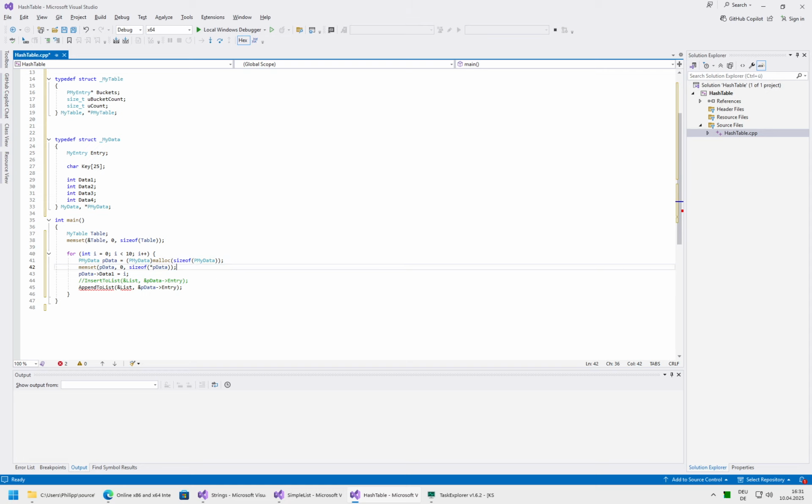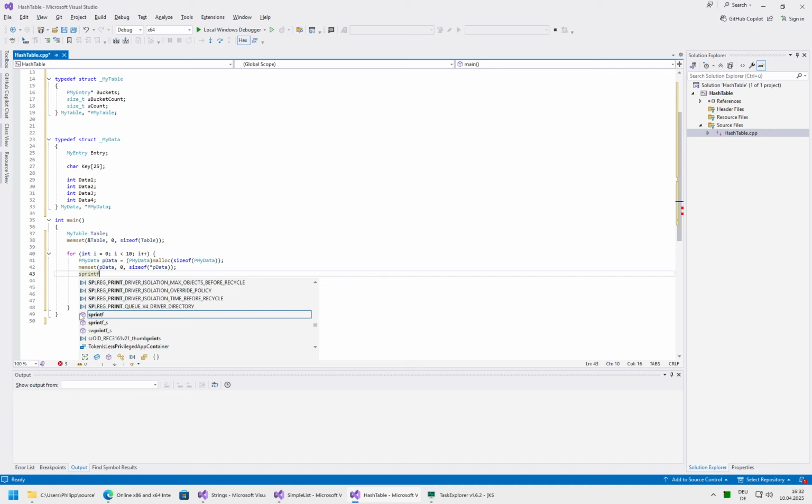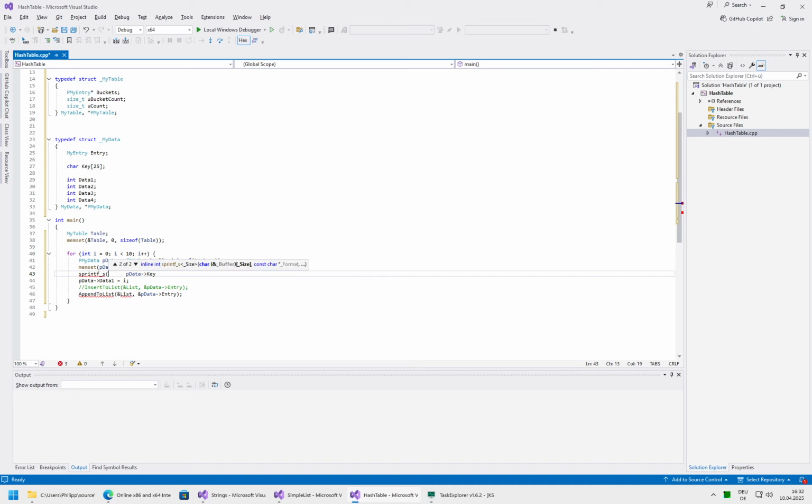Per my data e, and of course my data key, sprintf with the key, comma, 25, comma, "test:" and the number e. So the key will be just "test:" and then the number as a key. Then the data will be the data,